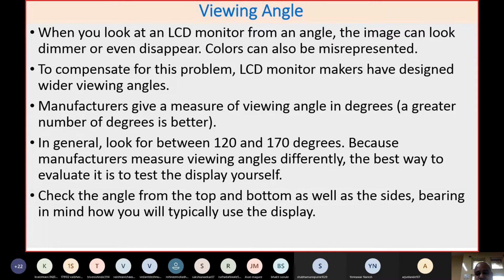Now, if you want to increase the viewing angle, you will also find there are curved TVs coming into the market. Meanwhile, somewhere 10 years back, Sony popularized this particular design of a curved TV, and because of this curved TV, this problem was slightly reduced. That means it was possible even from any angle.